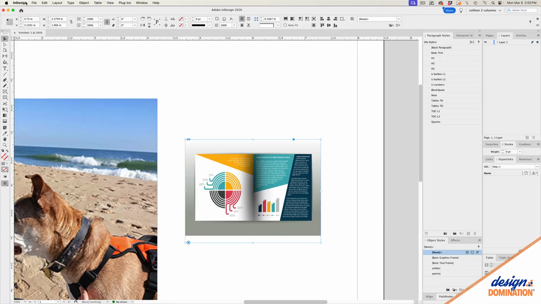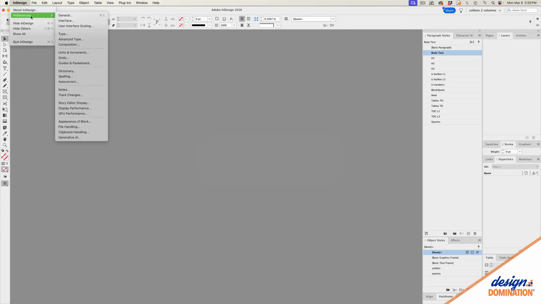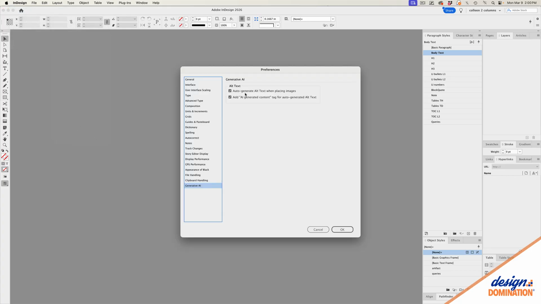Now, if you're wondering if you can turn off the alt text generator, I have good news. Thankfully, you can adjust the settings or you can completely turn off the alt text generator. If you want it off for all documents, then close all your InDesign files. And then if you're on Mac, go to InDesign, Preferences, Generative AI. If you use Windows, you're going to go to File, Preferences, Generative AI. Now you can turn off the feature for good by unchecking both options here. If you want InDesign to generate alt text, leave Auto Generate Alt Text when placing images checked. And then you can just turn off Add AI Generated Content tag for Auto Generated Alt Text